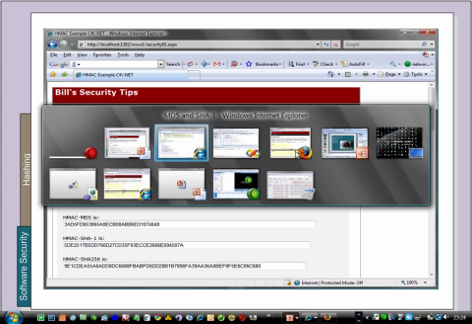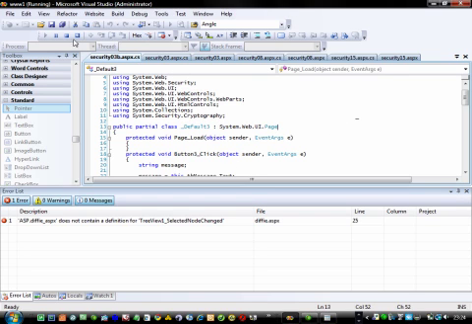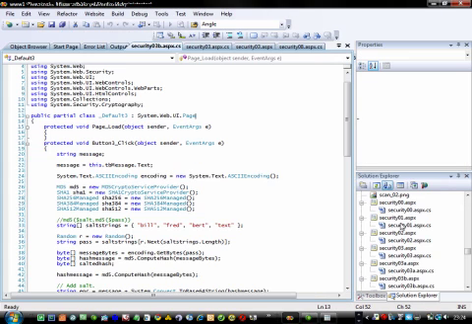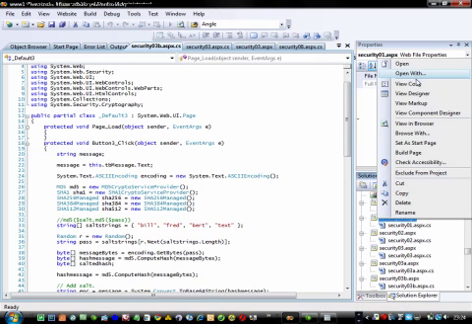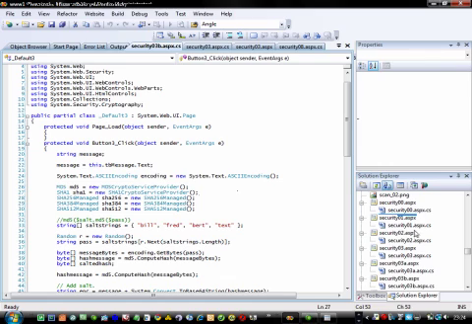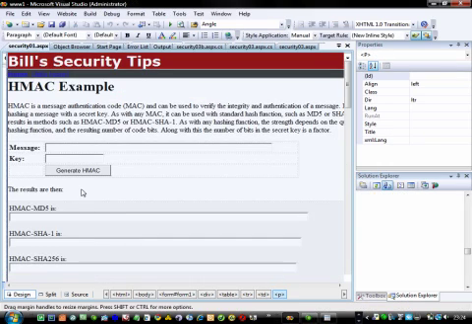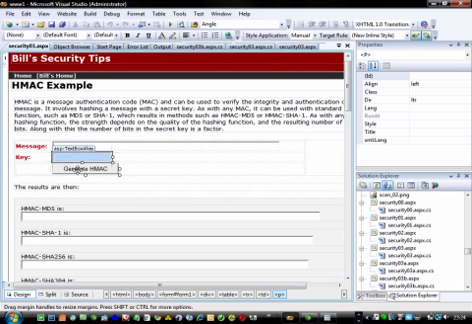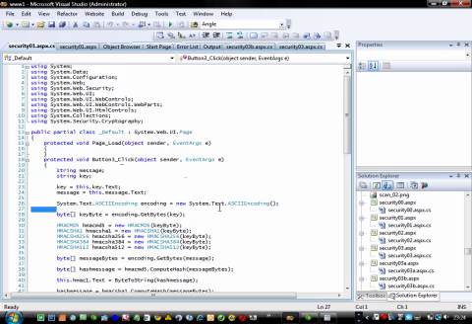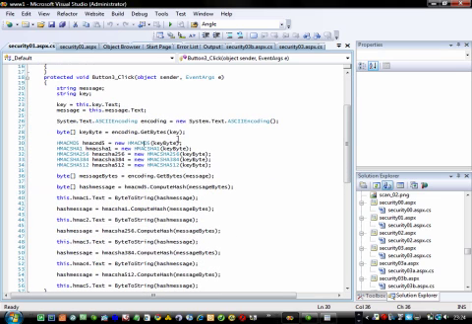Okay, so example 1 will give us an HMAC example. So we'll just set this one up to be the startup, and just load it up. So in this case we've got a message, we have a key, and we generate the HMAC from it. It's a similar way as before, but in this case we get a key byte, and when we create our original hash objects, we use the key byte to create them. So if we just try this,